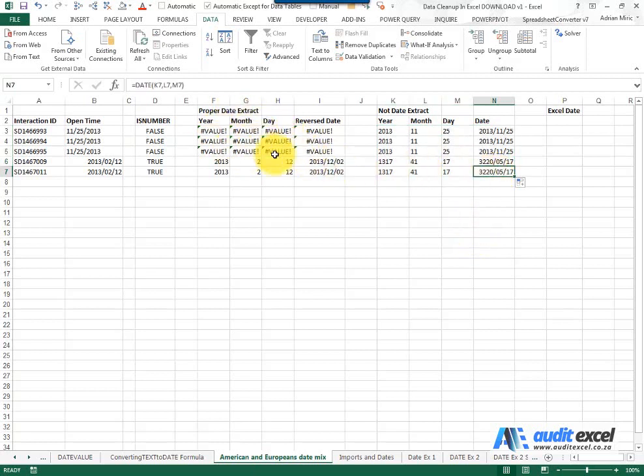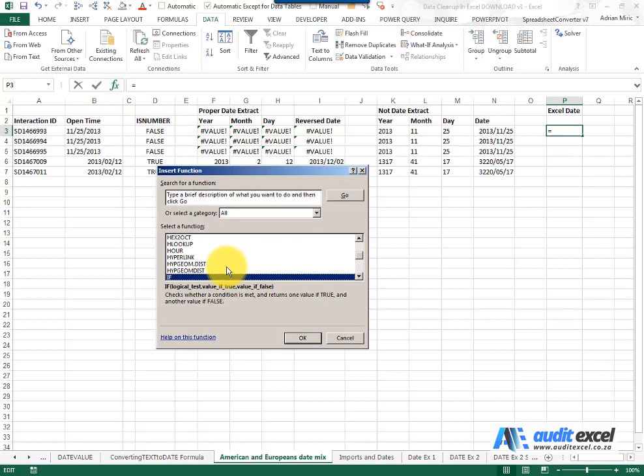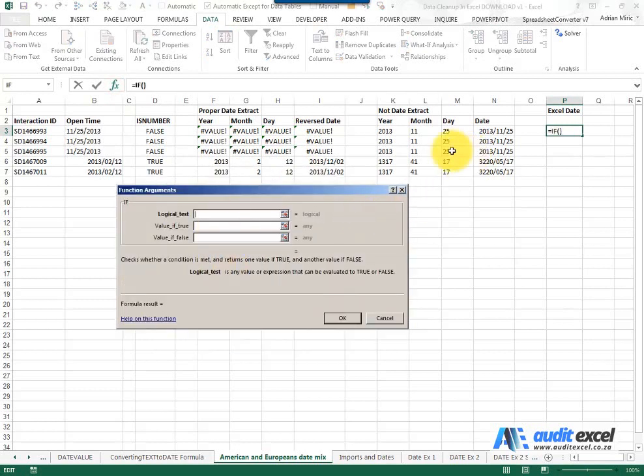Now that we've done all the hard work to convert these messy dates, split between text and actual dates, into the correct date, I'm going to use an IF function. All we're going to say is please look at this is number test and tell me, is it a number? So I'm going to say, is it equal to true? If it is true, then I expect it to use this reverse date. If however it's false, therefore it's not a number, it must be text, then I want it to use whatever